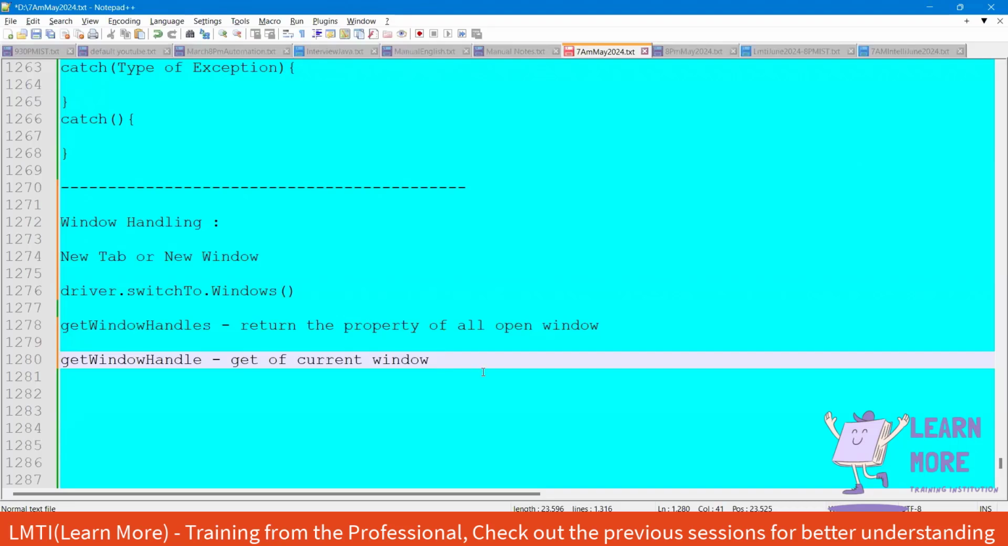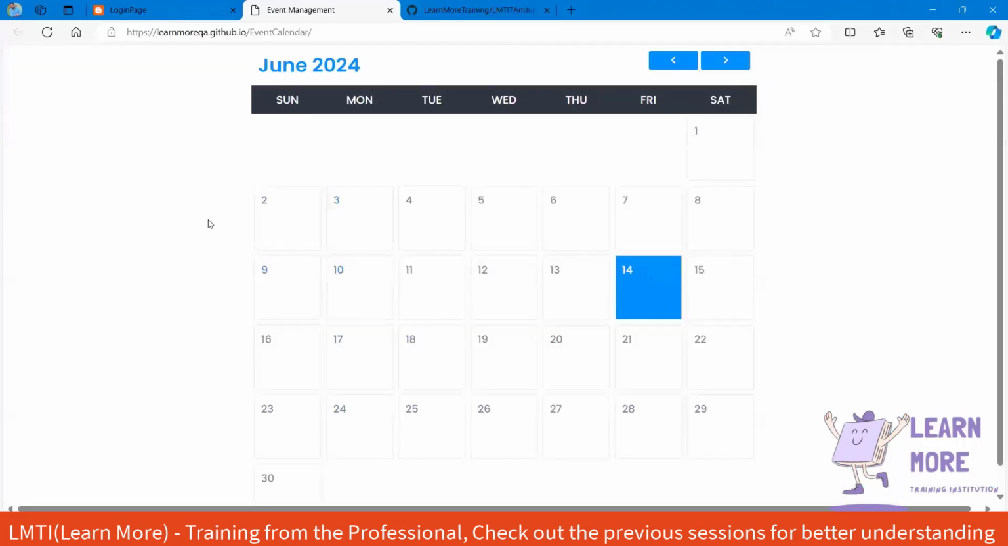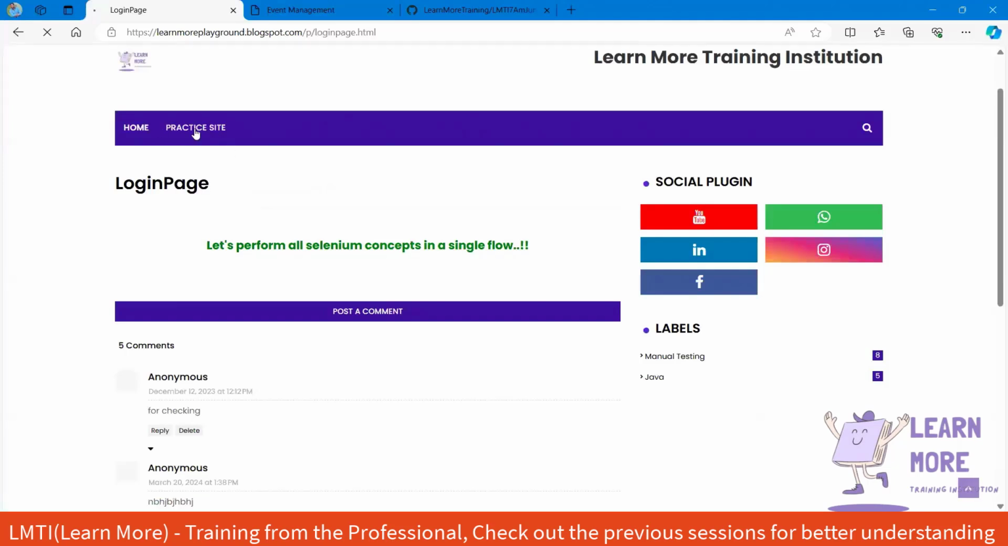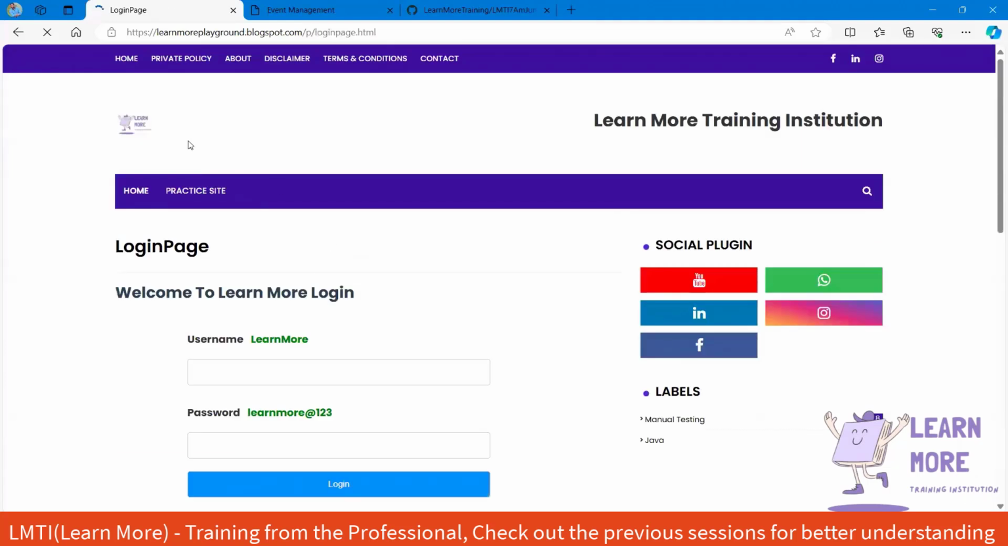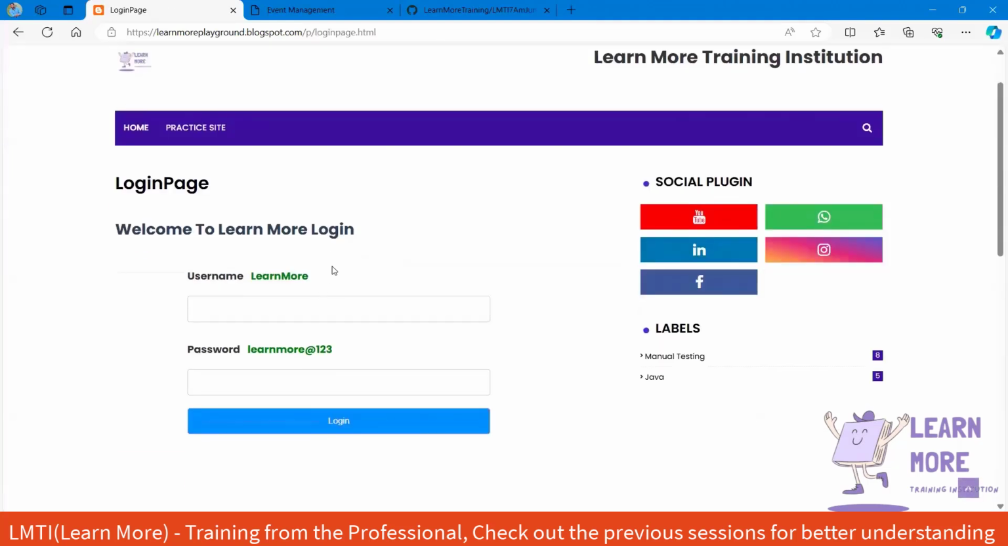Now let's take this Learn More page and try to automate this login page, but this time we are going to make some difference. This is the login page of Learn More. Here the credentials are mentioned in the UI: learnmore for the username, and learnmore@123 as the password. I need to extract the username and inject it over here. I need to extract the password and inject it in the password text box, and then I need to click on the login button,